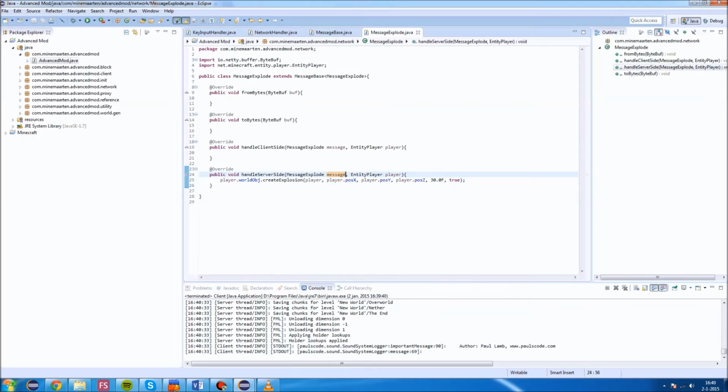Now, I'd like to show you how you can add additional info to packets. So maybe we could add another key. We've got G for just the normal explosion size of a creeper, and do H for 30. We could make another packet, one for 30 and one for 3. So 2 packets in total. But it's nicer, I think, to